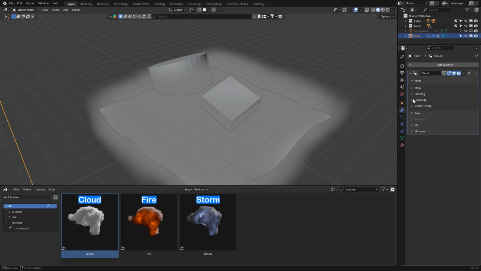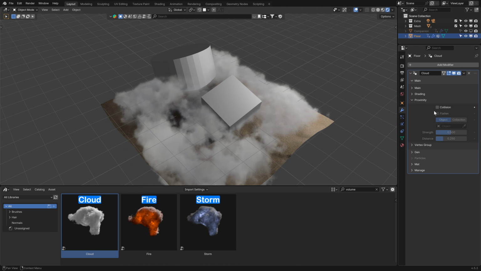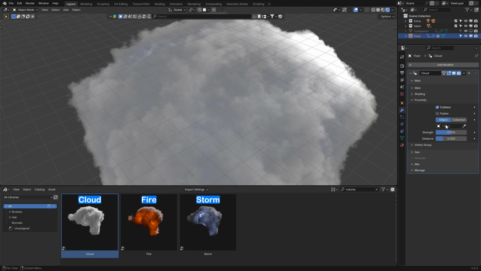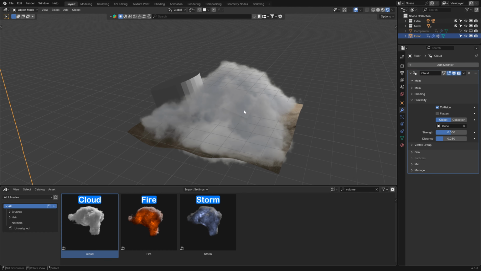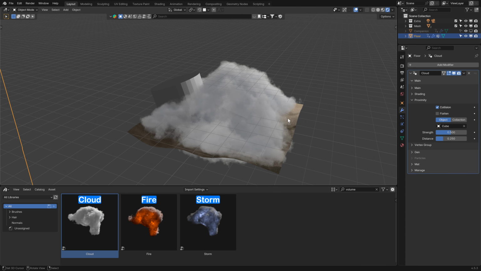And now in the proximity tab, if you enable proxy collision, now I change the name to collision. You can select a mesh, for example, the cube. Now, if you move the cube, you can see you have this.